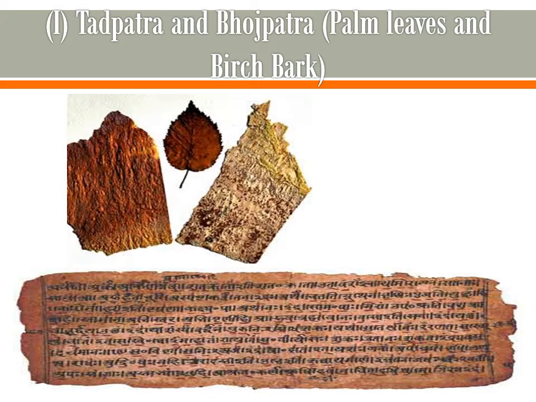We have already studied about the manuscripts, so I'm not explaining more. If you have any doubt, you can revise the video which I gave earlier. But I still think that it's clear. Manuscripts are scripts written manually on leaves. If they are written on palm leaves, they are Tadpatra, and if they are written on the bark of the birch tree, they are Bhojpatra. And what kind of information they give is also clear.